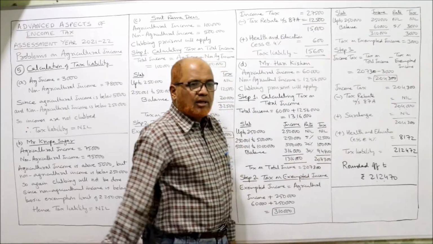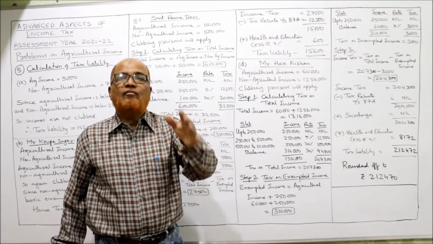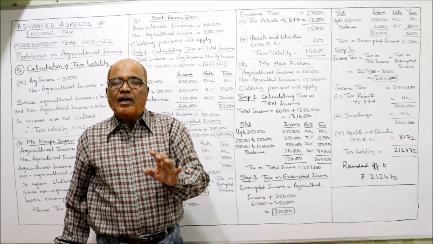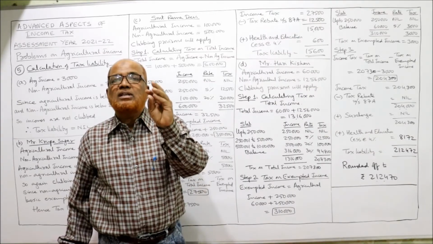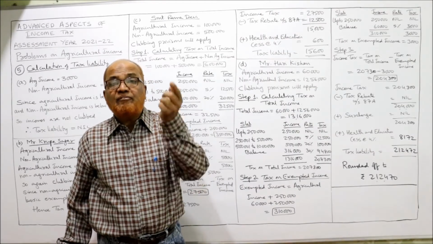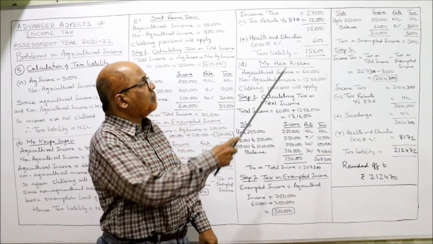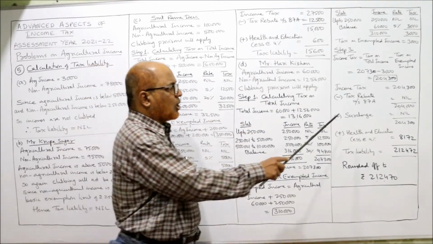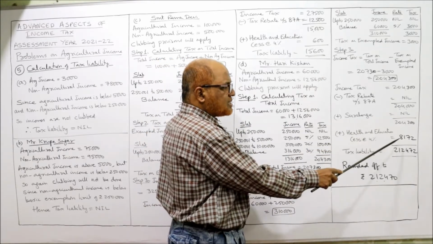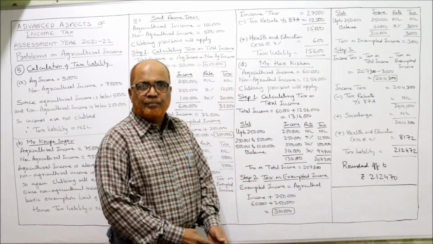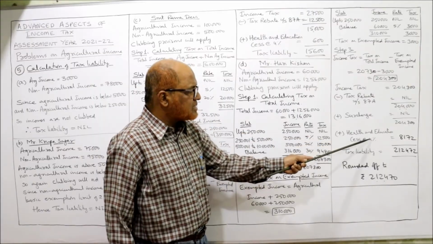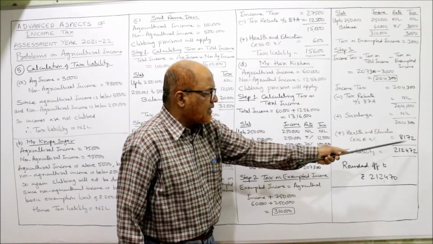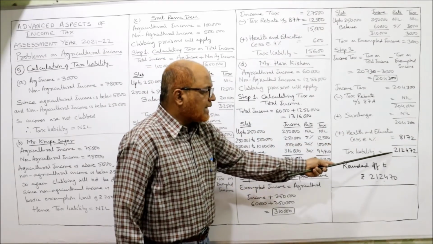Then surcharge. In the next video I will explain when surcharge is applicable. It will be applicable if the total income is more than 50 lakh. Here it is not more than 50 lakh, it is only 12,56,000. So surcharge is not there. Then add health and education cess, 4% of 2,04,300, which is 8,172. So tax liability is